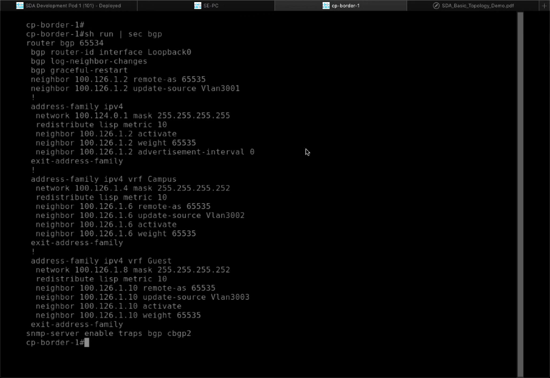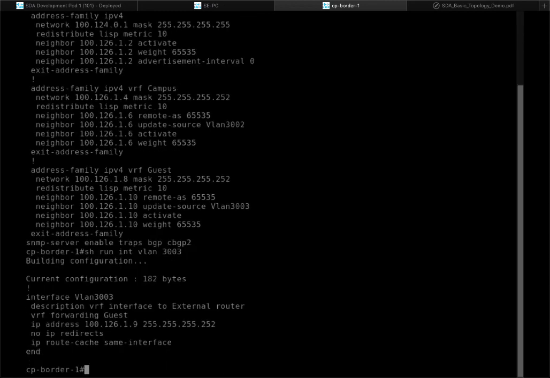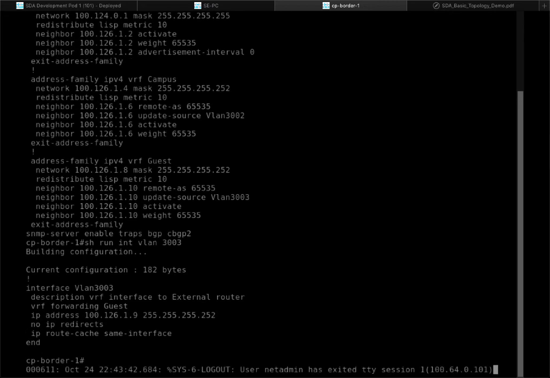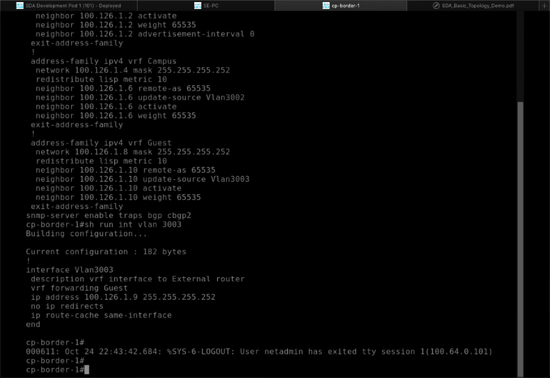The other thing it's done is it's actually created these SVIs, 3001, 3002, 3003. If we look at the configuration on 3003, we'll see it's a /30. The other end, like I mentioned, the Fusion router was already pre-configured with the other end of that /30, but it's actually gone ahead and configured that and put it in the appropriate VRF. And if we look at our BGP summaries for each of those VRFs, we can see, if we just look at our global